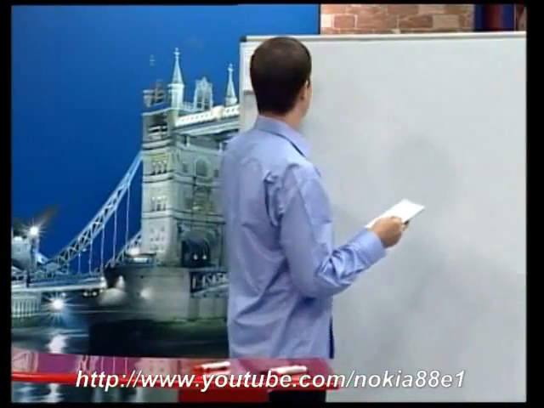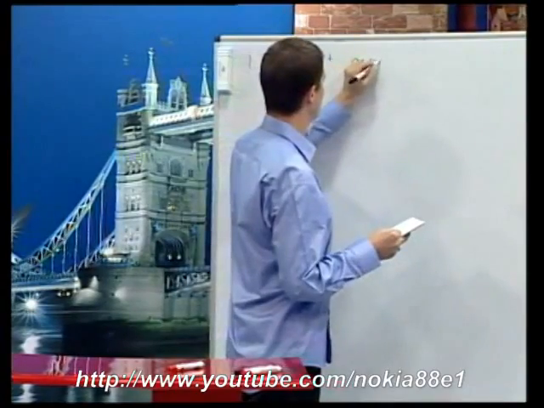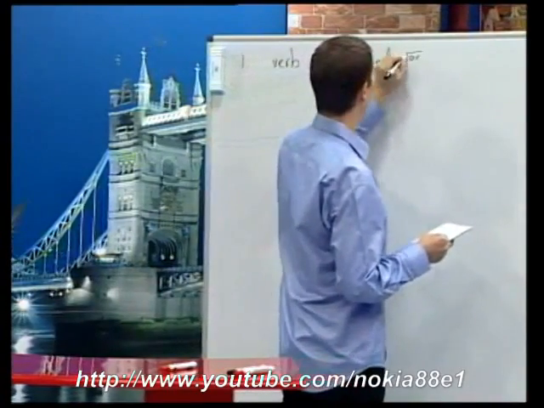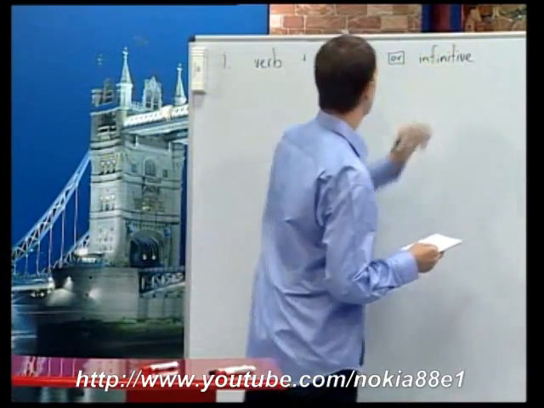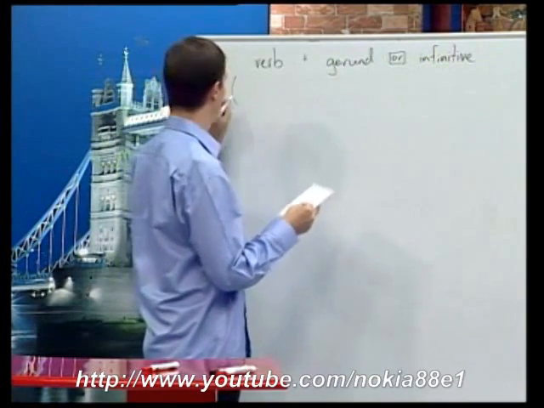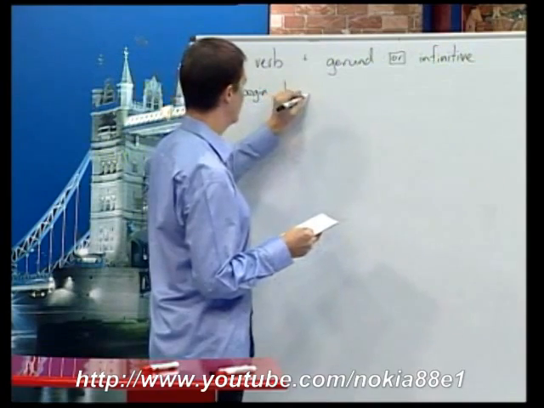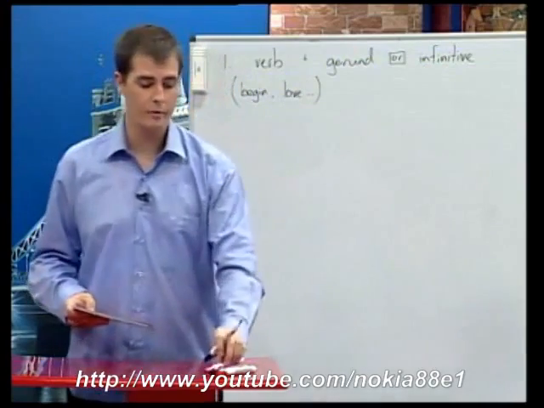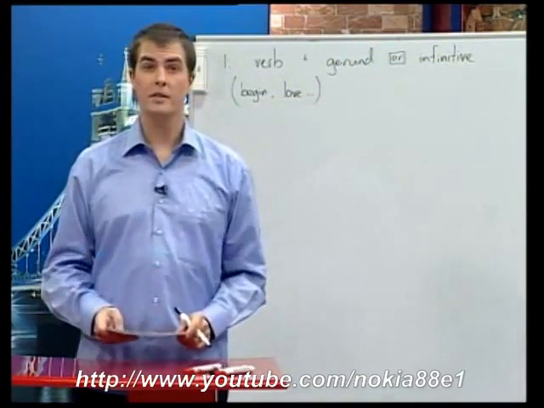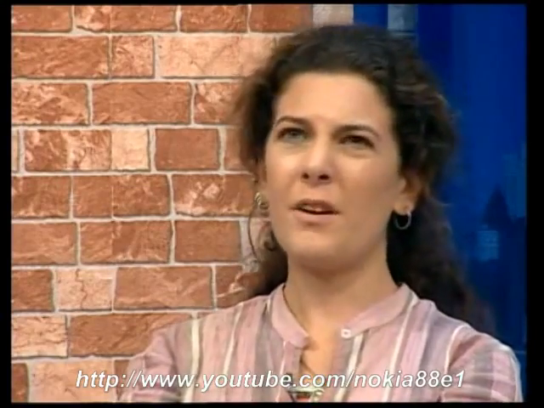1. We can have some verbs plus a gerund or an infinitive. And some examples of these verbs are, for example, begin or love, etc. You just have to remember. There's no rule. You have to remember the verbs. Let's practice these. Which rides do you prefer, Monica? I prefer to ride on the bumper cars, and I prefer riding on the Ferris wheel.